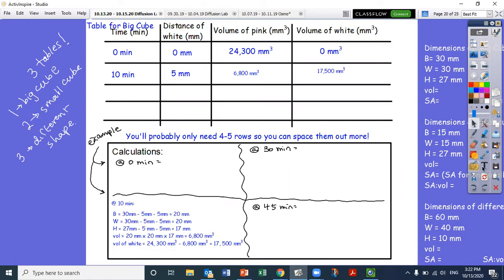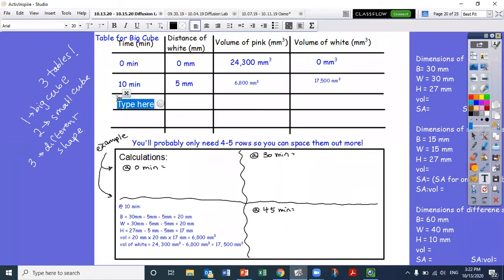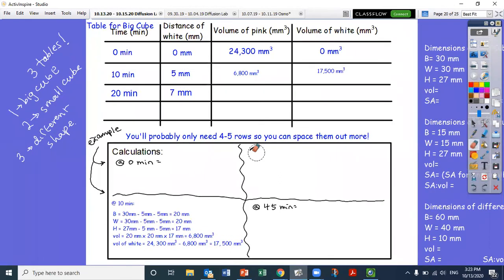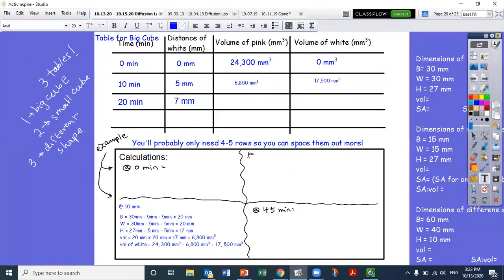Let me switch over to a text box. So at 20 minutes, let's keep it all uniform. We have 20 minutes. Our diffusion depth is now going to be 7 millimeters, which means we're still making advances. And you're going to take this time and space in your table to fill out what we're going to have